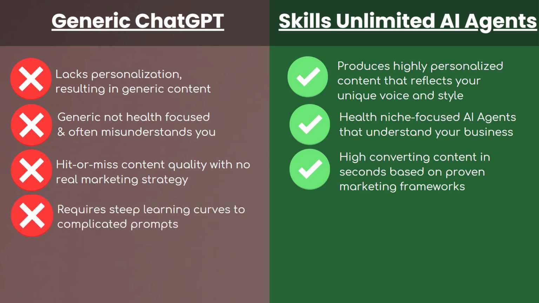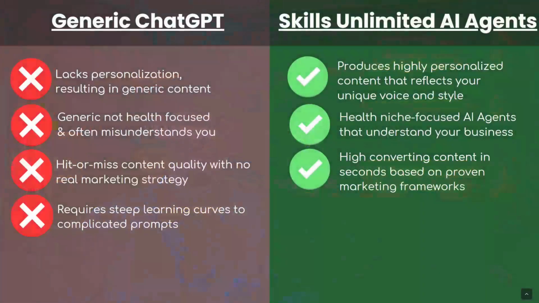Like I just had a client who was talking to me, asking, hey, on Skills Unlimited, are there forms, or are some of them you just have to talk to? It's like, no, if you can literally answer a question and press a button, then boom, you've got highly qualified, high converting content. And she's like, oh, great, because when I see that little blinking chat, I don't know what to say to it. And exactly, because a lot of health educators have a hard time learning how to talk to robots, and you have to become basically a prompt engineer in order to figure out how to make it do what you want, let alone sound like you.